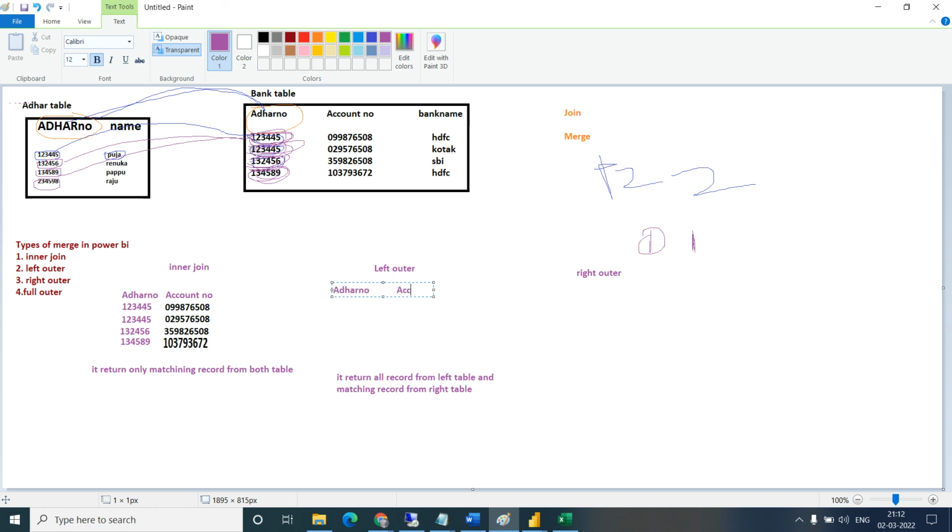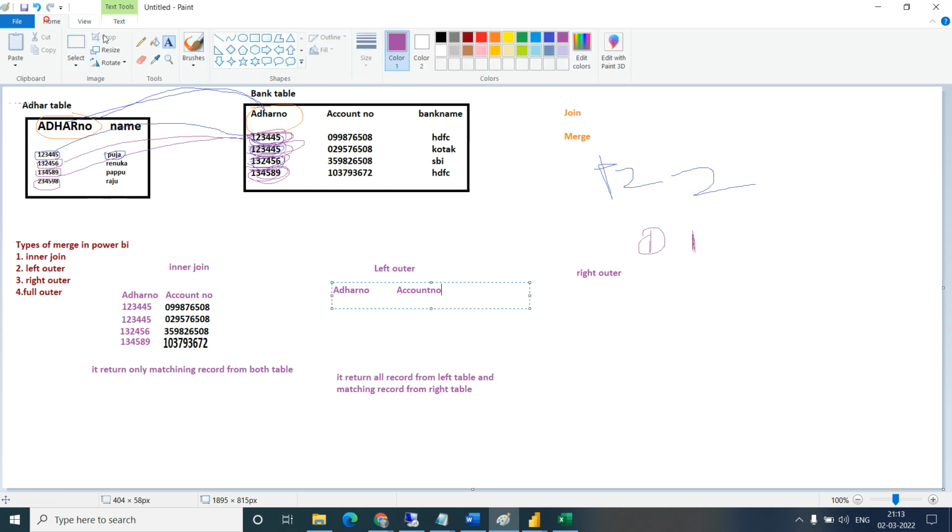One, two, three, four. The Aadhaar number, all. Account number. Okay, just a second. What is it saying? Aadhaar number 1, 2, 3, 4, 5. Okay, all numbers from here, right? So we will get all numbers, 1, 2, 3, 4, 5. I am just copying the output here because I need to write the same thing again and again.